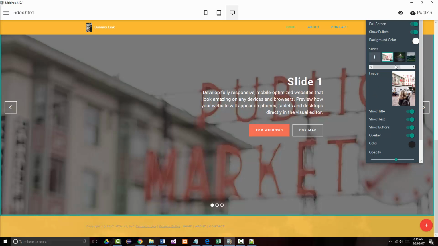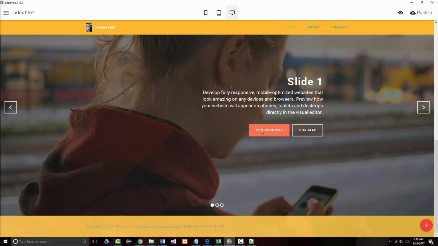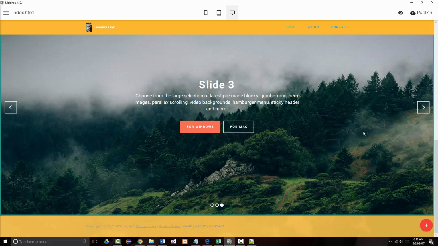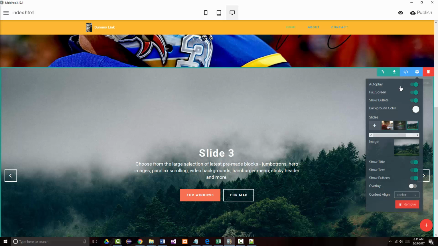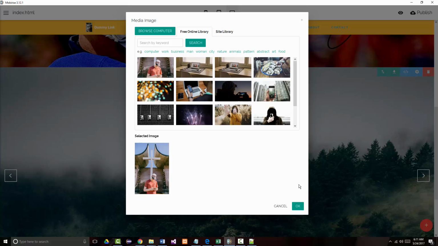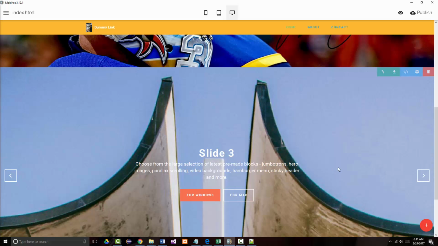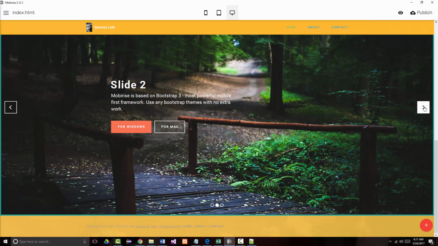Now I'm going to click on the second image right there. And I'll change it again to another one of their pre-done images. So I'll have this lady here and click OK. And then go to the third image. Again, I've got to bring in my block parameters, click on the image in question, and I'll bring in this guy that's here. Click OK. So you can see that very simply, I came in and literally, well, like I thought